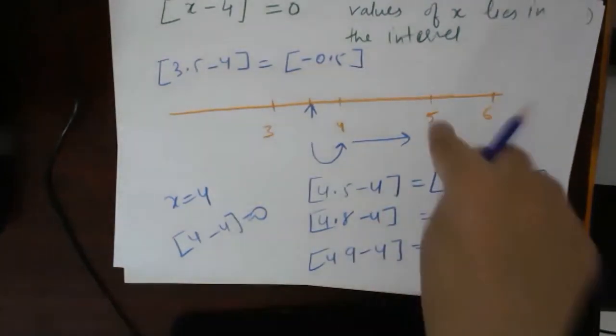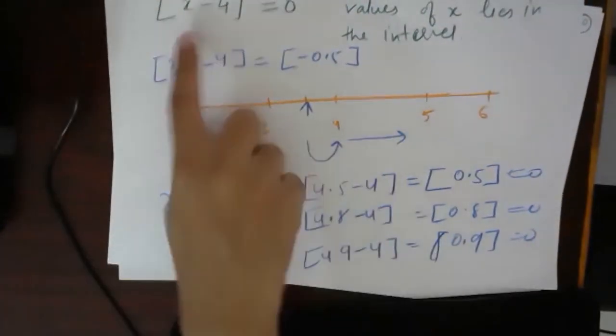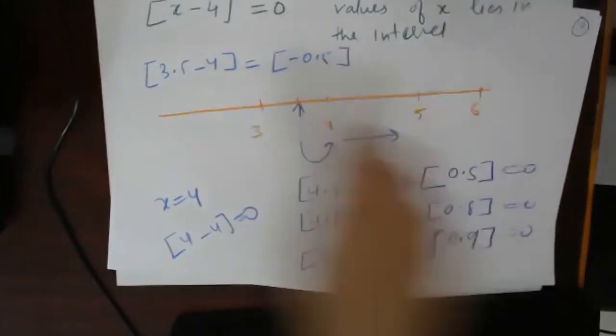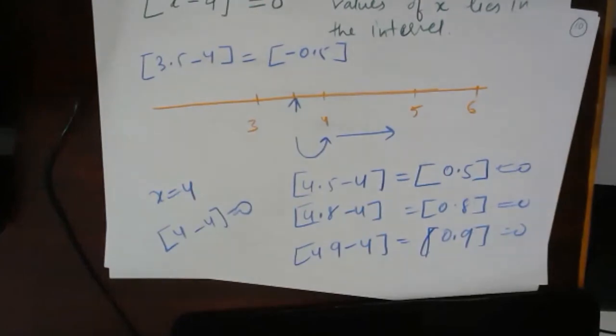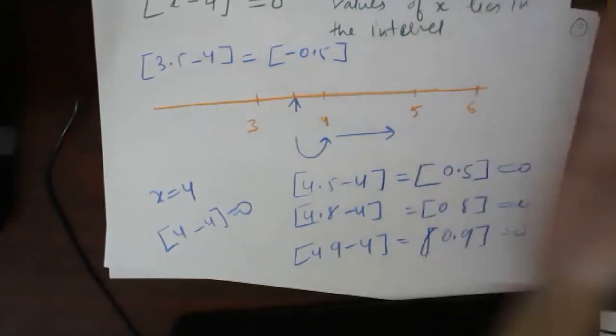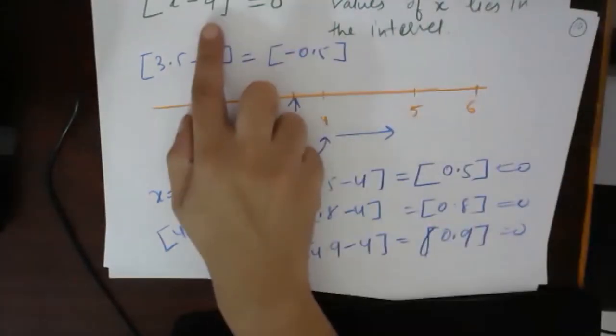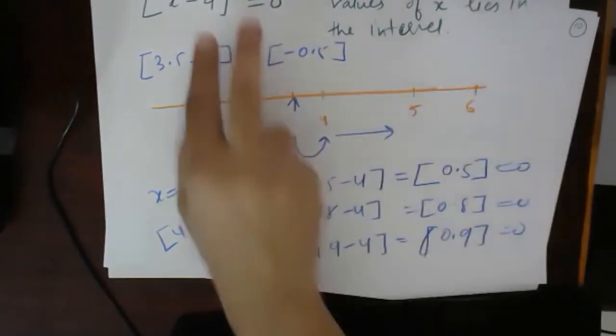As soon as you take 5, this will become 5 minus 4, 1. As soon as you reach 5, this will become 1. And more than 5, this will become 1, then 2, then 3, then 4 as you increase the value. Understood? Fine. So that means any number after this will give you values not 0. It will give you non-zero values, but we have to take only for 0.